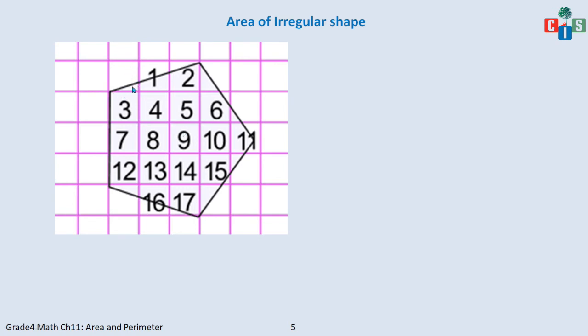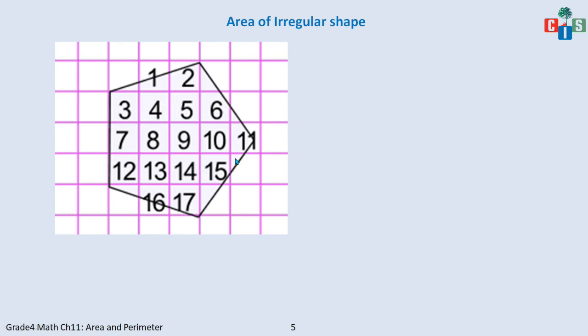Now this is C. In this box this is less than half. So I am not counting this. This is more than half, or you can say half. See, this is half of the area. So I am counting 1. This is 2. This I am not counting, because it's less than half. Then 3, 4, 5, 6. 6 I am counting because it's more than half. Then this part is not being counted because it is less than half. Okay. 7, 8, 9, 10 and 11. 11 is also more than half, more than 50%. Okay. 12, 13, 14, 15.